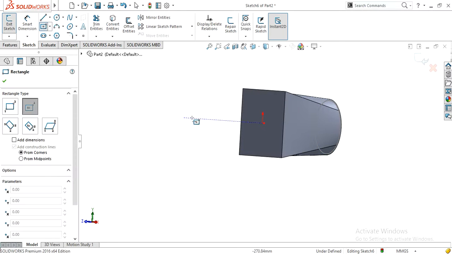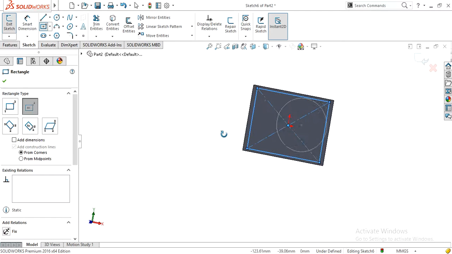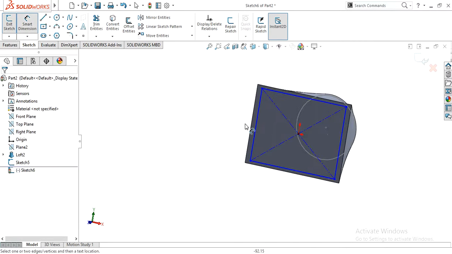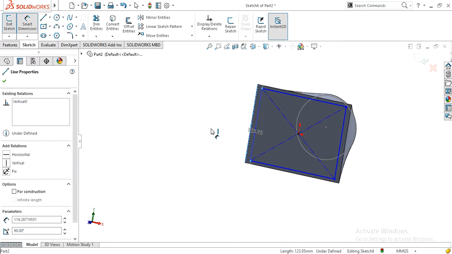Again select center rectangle. Wall thickness.